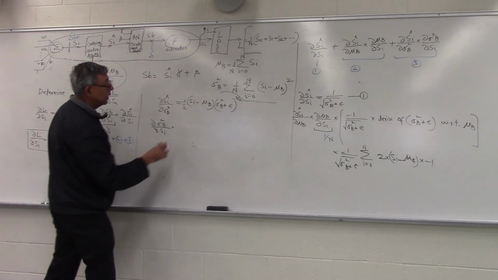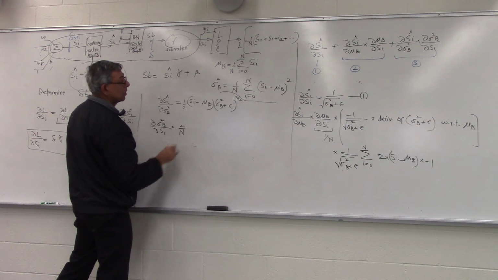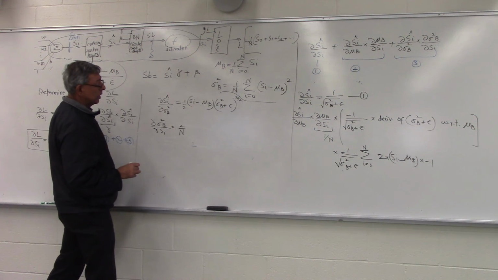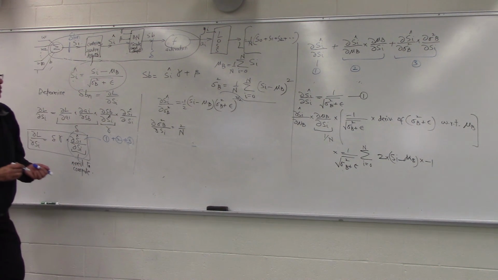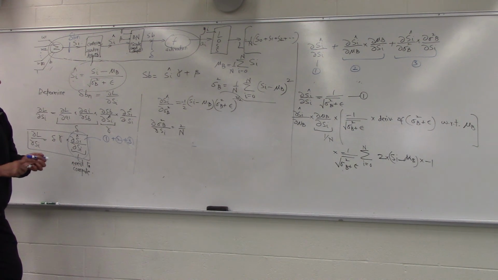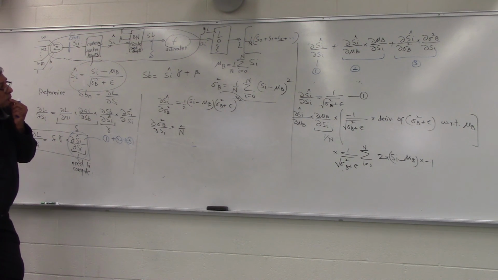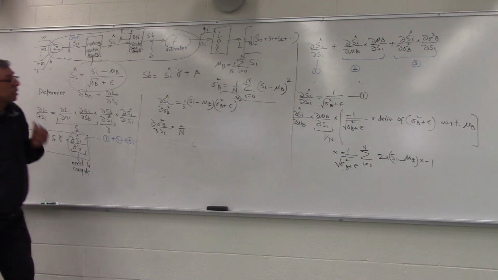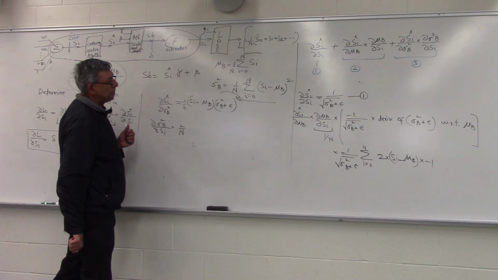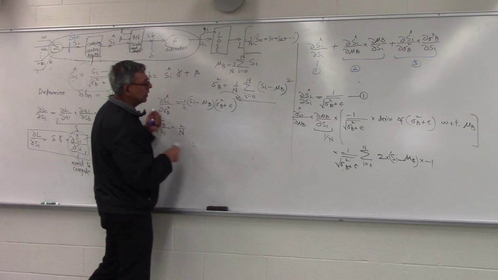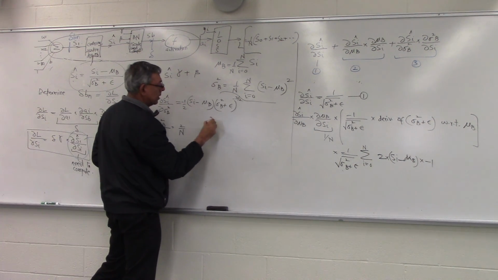So this will be 2 over n. Is this right? 2 over n. If I expand it, this will be